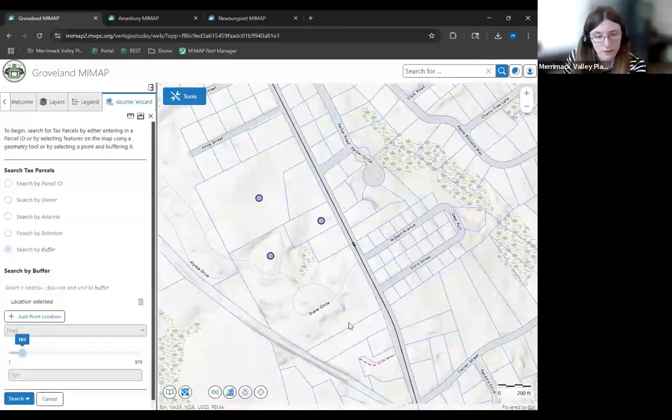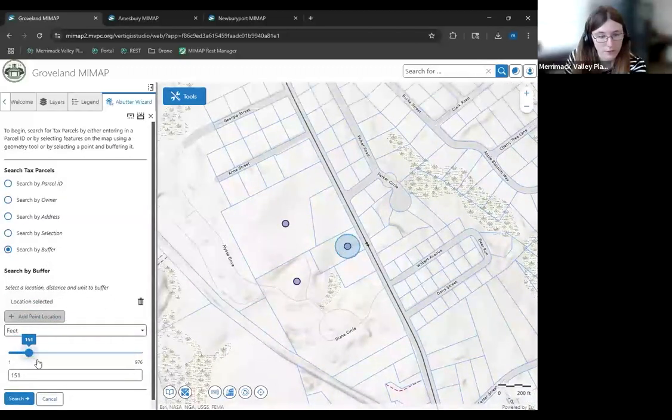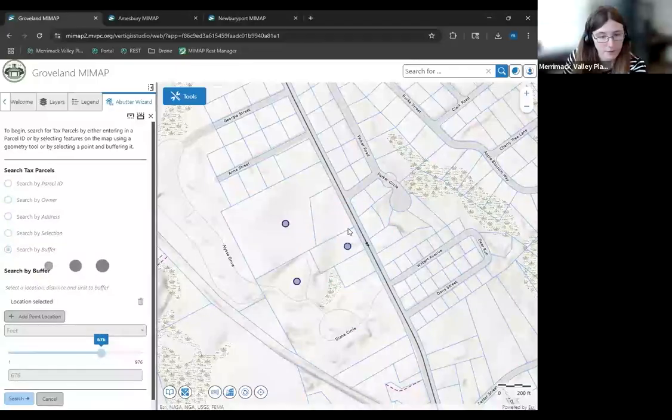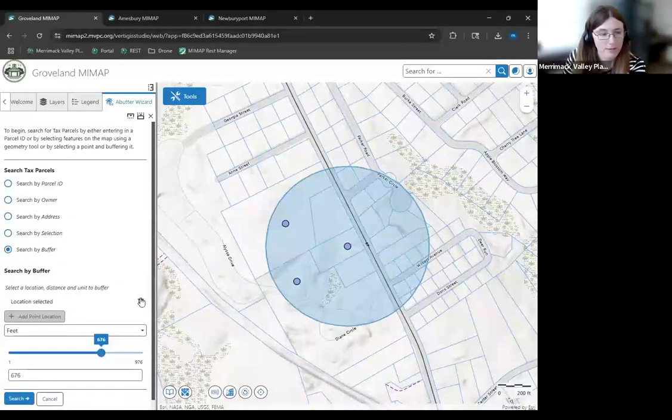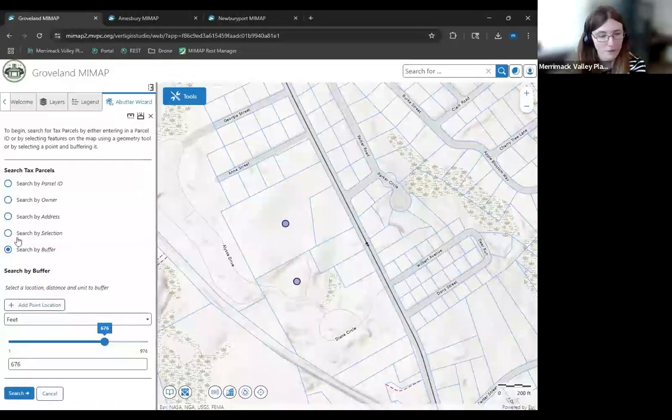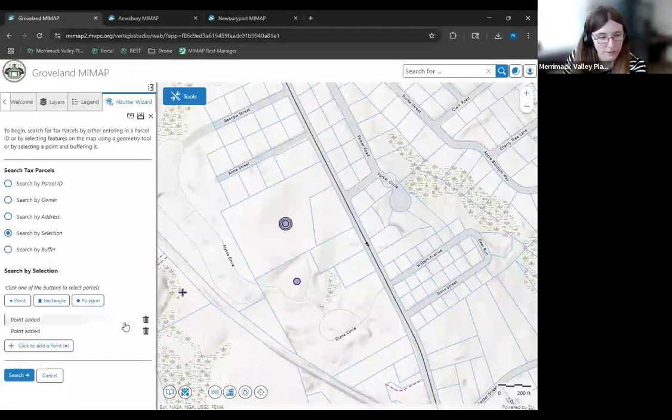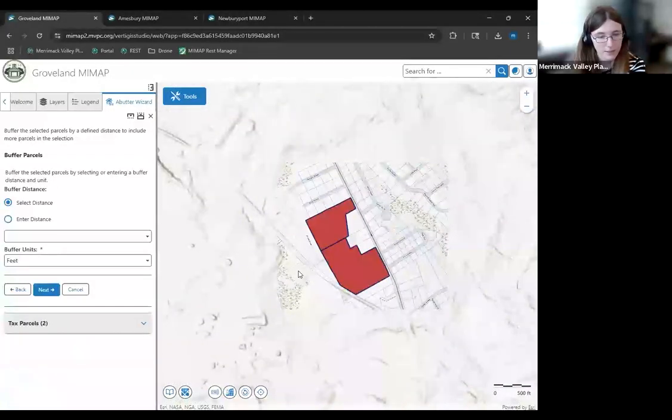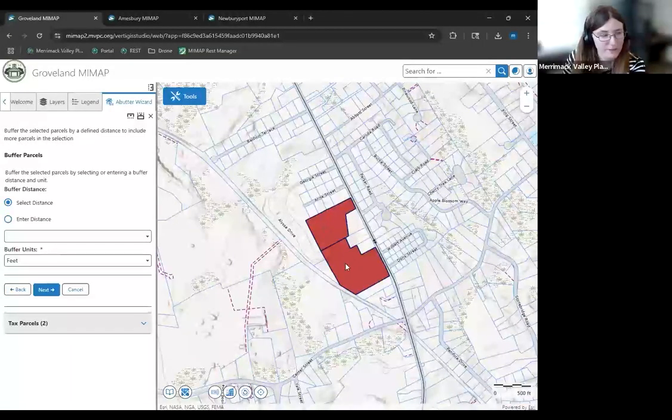So if I were to do this and then do a buffer of so many feet, you'll see exactly how far the parcels in the circle will be selected. Going back to selection here, you see my little points, which I still have. If I do search, it's going to select those two parcels, and it's still remembering my customization from earlier, so ignore how ugly the selection looks.